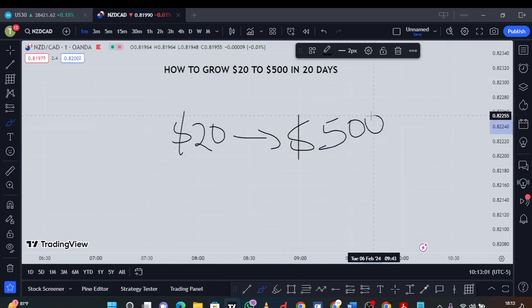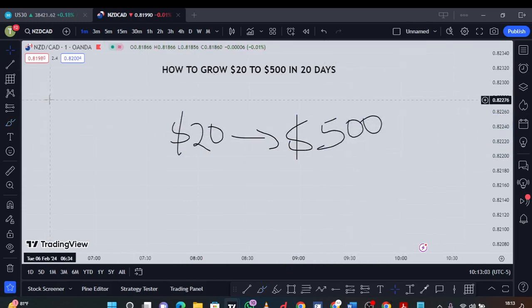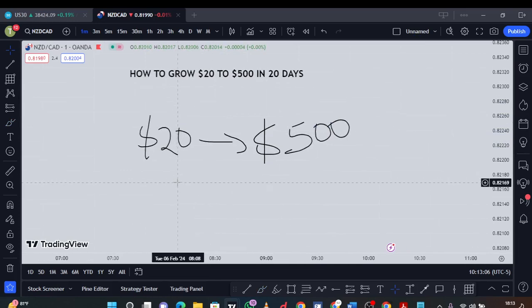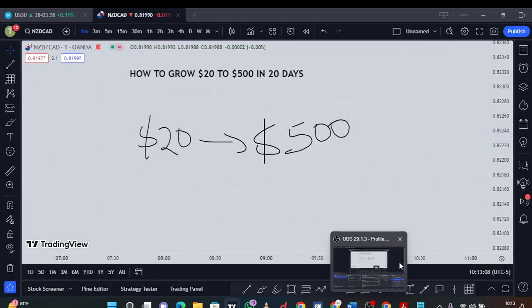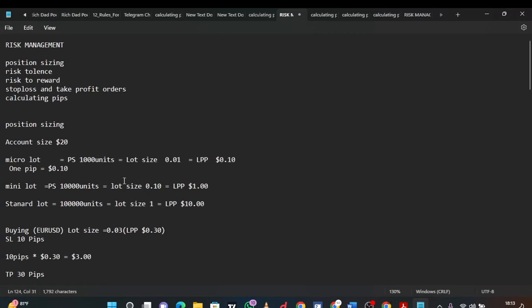You can even make more than $500 depending on the market conditions and how your trades are taken every single day. Because I have come up with a plan with risk management, looking at the position sizing, tolerating the risk, looking at the risk to reward, using the stop losses,